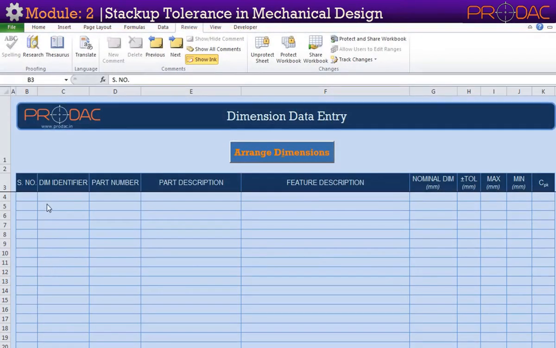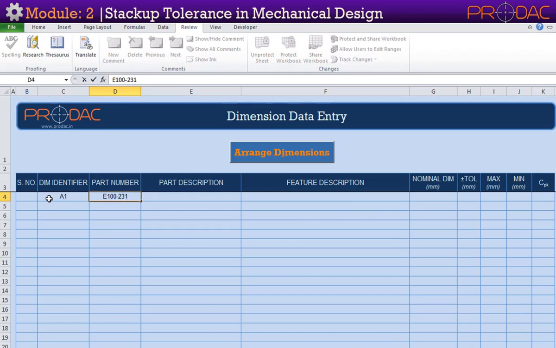Next, let us start filling in the values in the spreadsheet. First, we have to fill in the values in Dimensions tab. Here, Dimensions identifier should be an alphanumeric number.